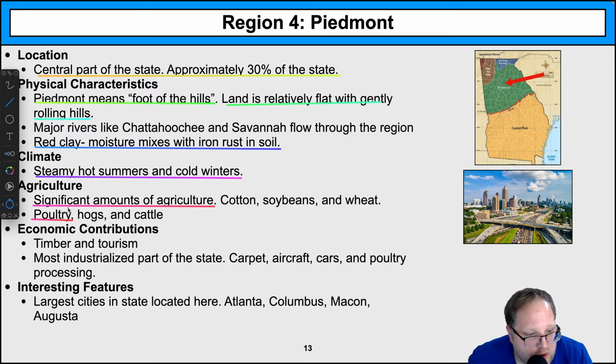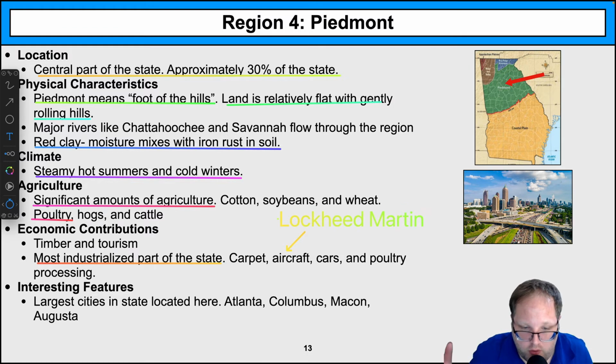When it comes to economic contributions, this region does have timber and tourism, just like all of these other three northern regions, but it's a little different here because this is the most industrialized part of the state. Remember, the Piedmont region is the most populated part of Georgia. And so there is significant amounts of manufacturing and other industries here. There is some carpet production happening here, just like in Dalton, but there's also aircraft here. So if you were here in this region, we know that there is the factory that we have here called Lockheed Martin,